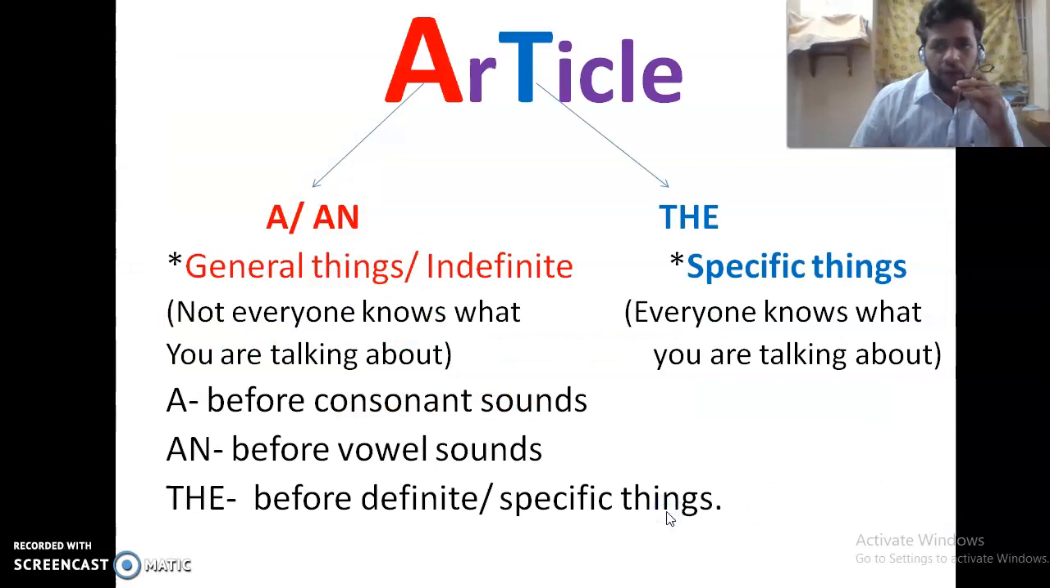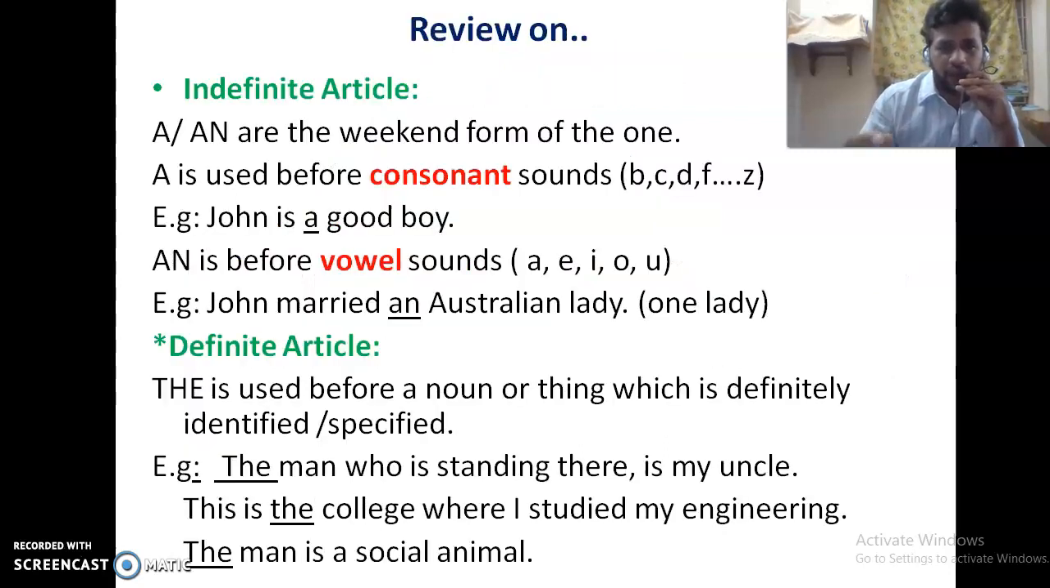So already what we discussed yesterday, I gave you a small table there. A and an refer to the indefinite article, which represents general things, indefinite things. The represents the definite article, that is specific things, like everybody knows what you are speaking about. Similar to what we discussed in yesterday's class. Okay, a small review: indefinite articles are generally used to represent a and an, and coming to the definite article,